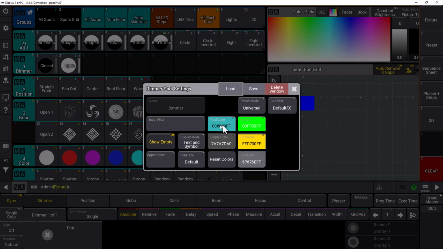You can change the overall pool color to show the complete preset pool in a different color, but you can also change some colors which decide how to display your presets when you have a current fixture selection. So is the preset relevant for all fixtures? Is it just relevant for some fixtures or even for non-fixtures? And of course, if you're messed up with all the different colors, you can reset the colors by using this